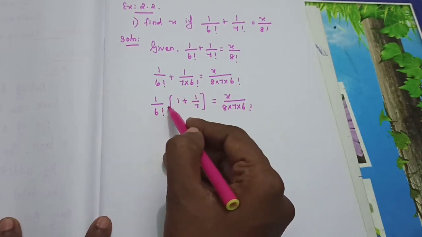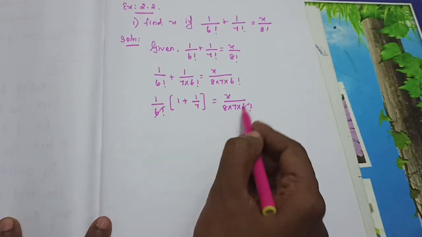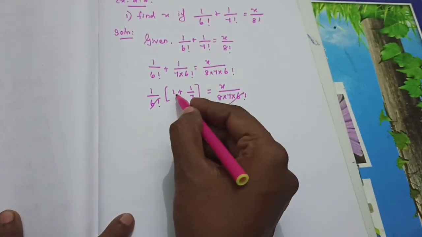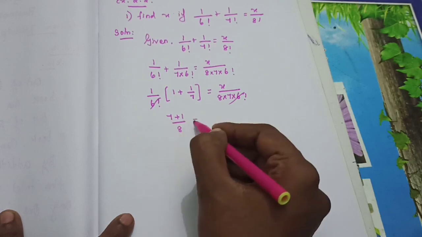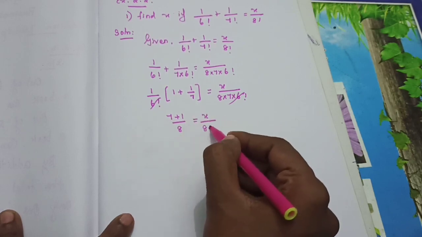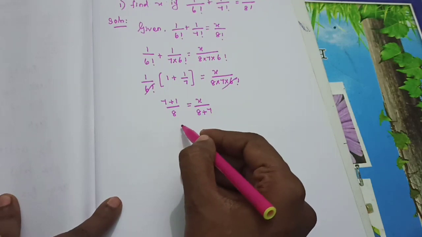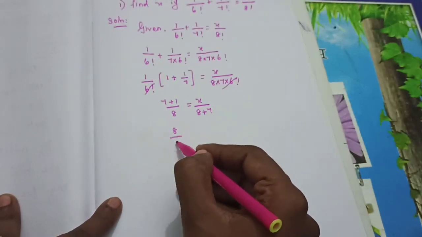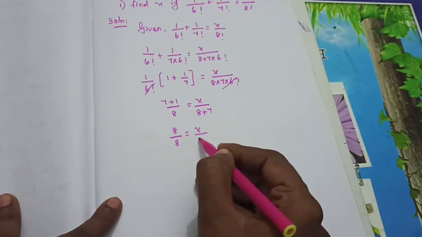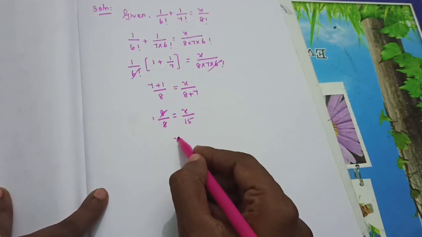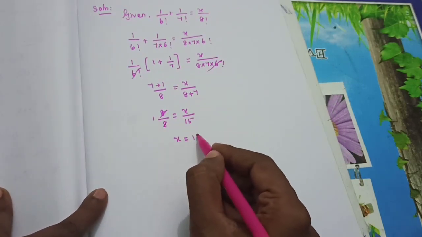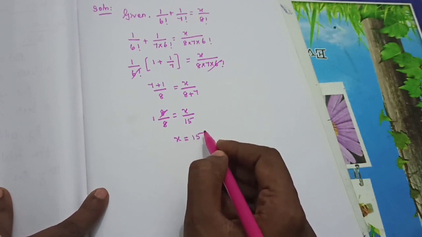Shall we cancel the 6 factorial on both sides? Yes. So here you take the LCM. 7 plus 1 divided by 8 is equal to x by 8 plus 7. Cross multiply. 8 divided by 8 equals x divided by 15. Otherwise you can cancel, so 1. So x is equal to 1 into 15, means x is equal to,